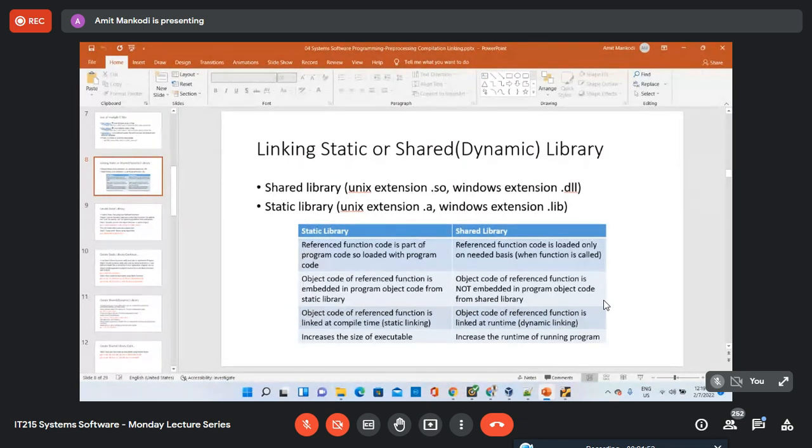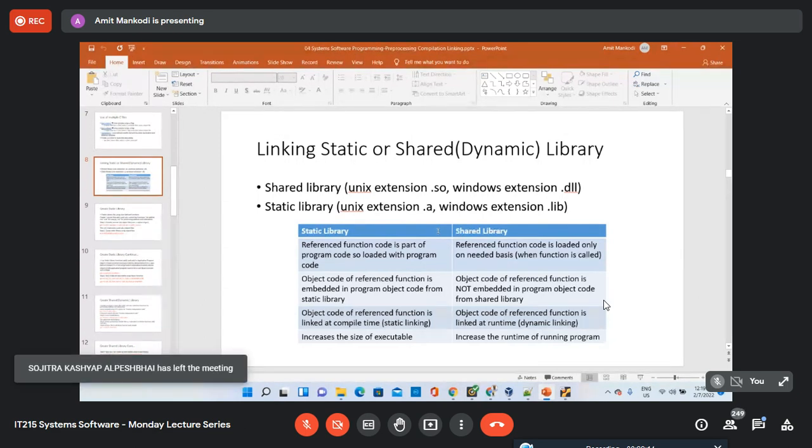For example, you have one static library file, and it has a function called add. Let's say you are adding two numbers, and that add function is being called from multiple C files. Let's say you have three different C files, and each of them is calling this add function.